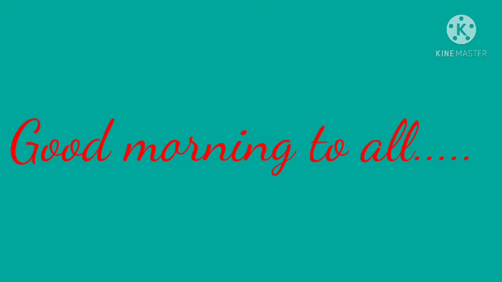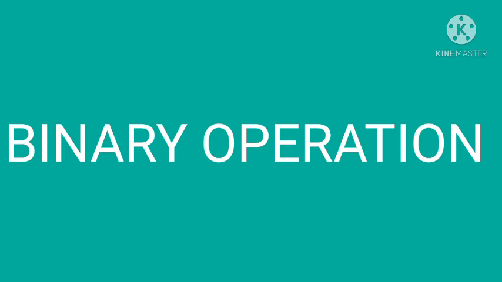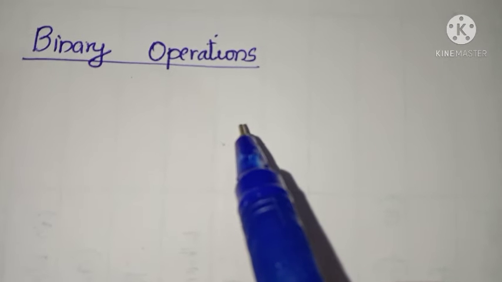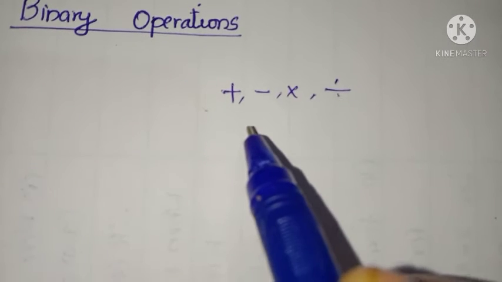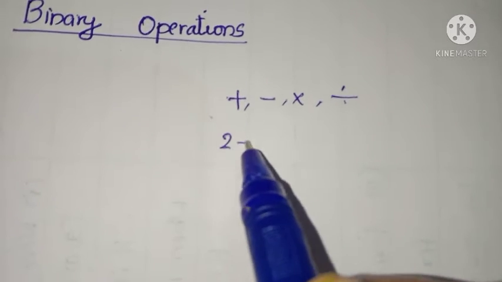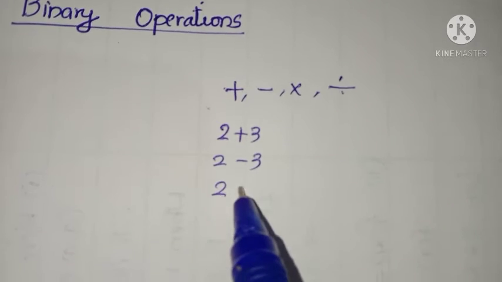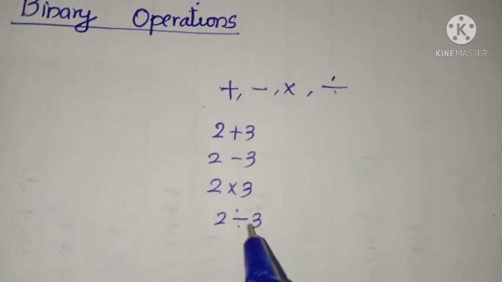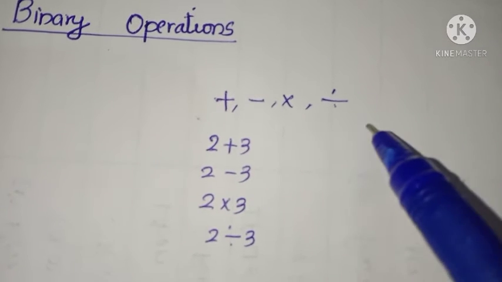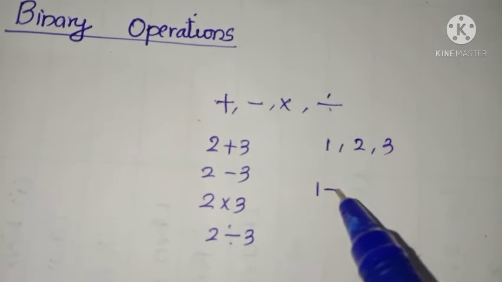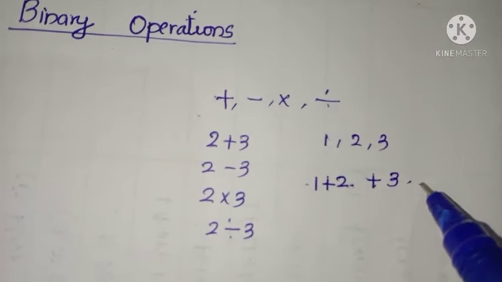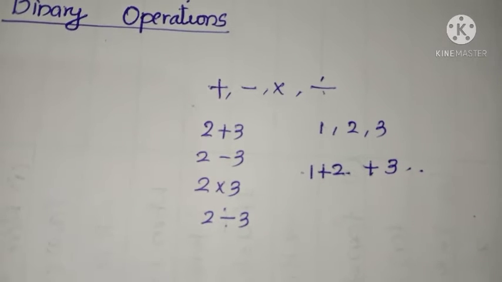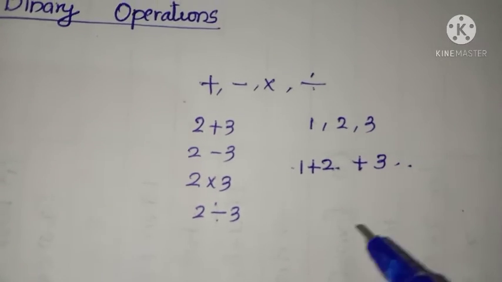Today we are going to discuss our last topic, binary operations. We already know the fundamental operations: addition, subtraction, multiplication and division. And we know how to add any two numbers, or how to subtract, multiply and divide. When we need to add three numbers, suppose 1, 2, 3, first we have to add the first two numbers and the result is then added to the third number, isn't it? Thus addition, multiplication, subtraction and division.